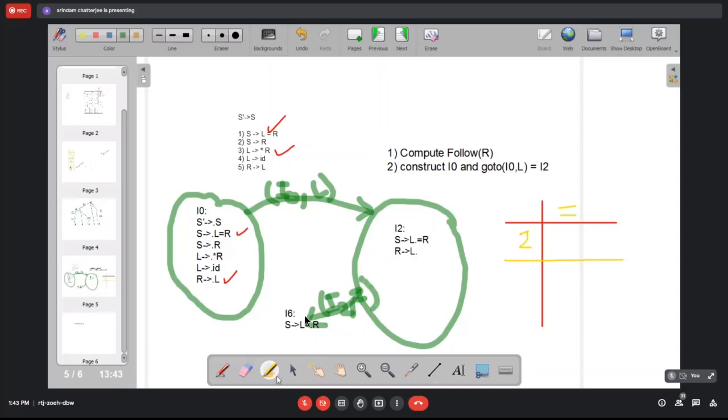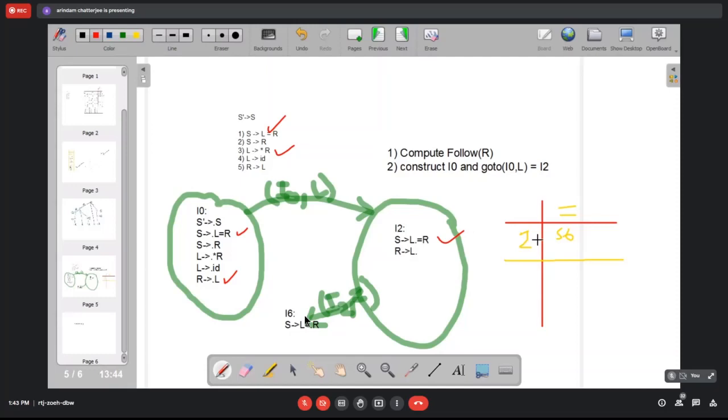So we can say that for symbol equal to in state 2, you can have this action S6. Okay, this is because of this item S producing L dot equal to R. So I2 comma equal to will take you to I6, and this is a legitimate action.